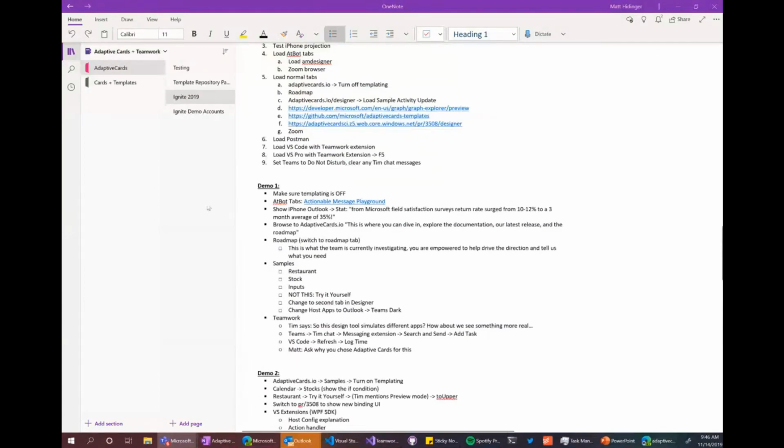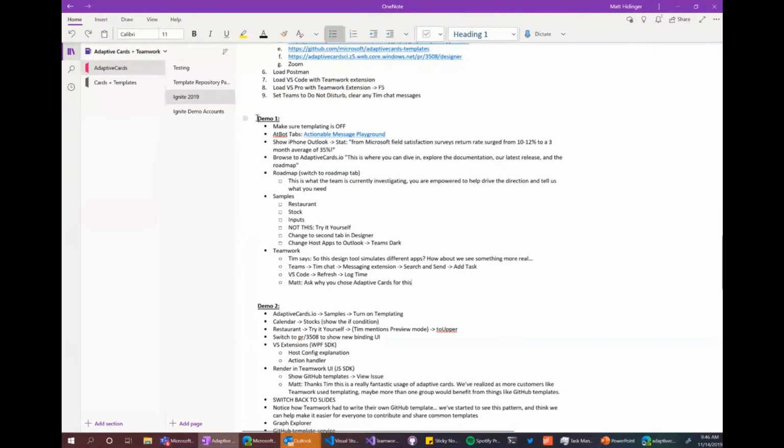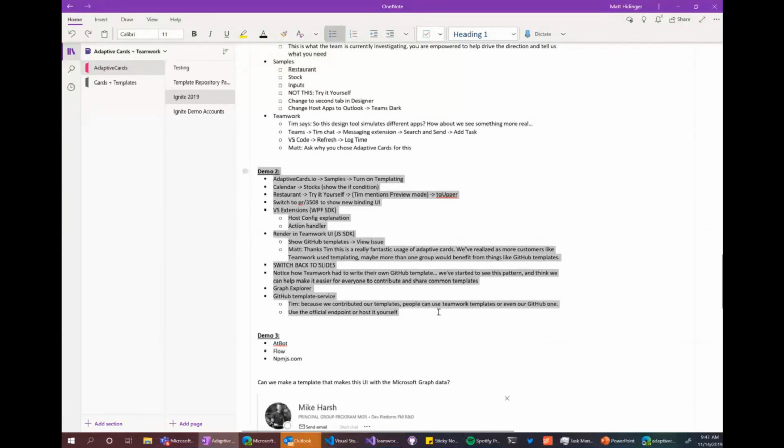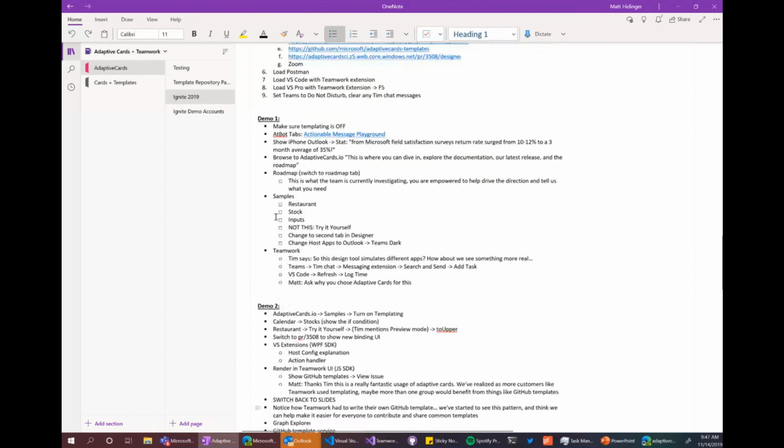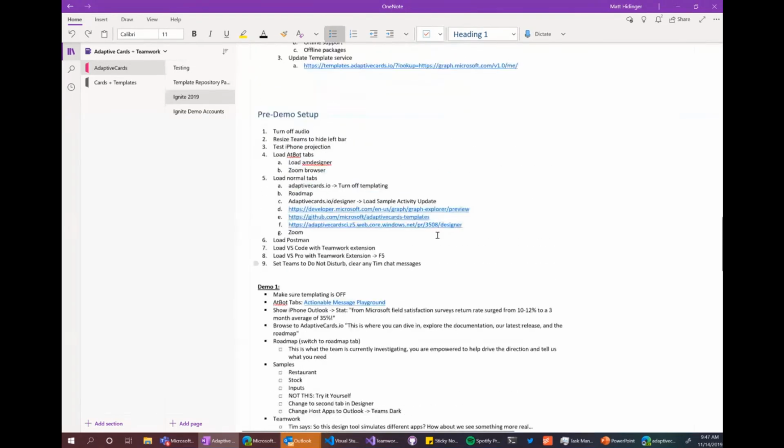Really, the only other thing you didn't see behind the scenes is this is what we print out, and I forgot to, so we just had it on Tim's machine. It's always good to have a nice bulleted list of your demo scripts. That's the last piece. If you're doing stuff like this, call out the demos, have callouts that are just reminders, don't get too detailed. I typically like to print this section out, but I completely forgot, but it was nice to have it next to Tim's screen. It's very helpful because you get on stage and you might have practiced a bunch of times, but you might get a little jittery. So it's good to have these things in the background.